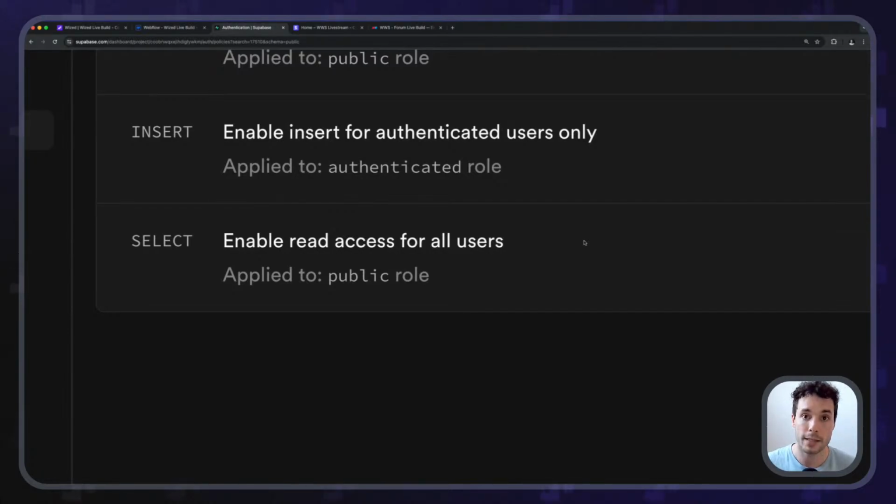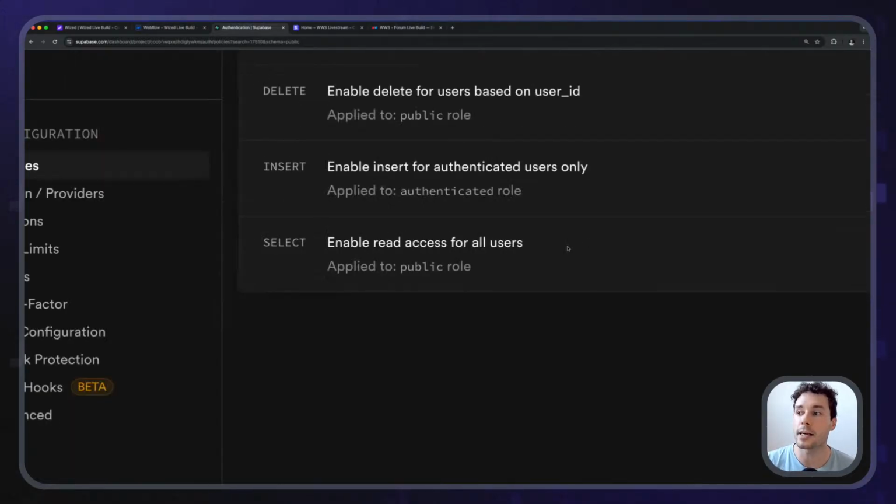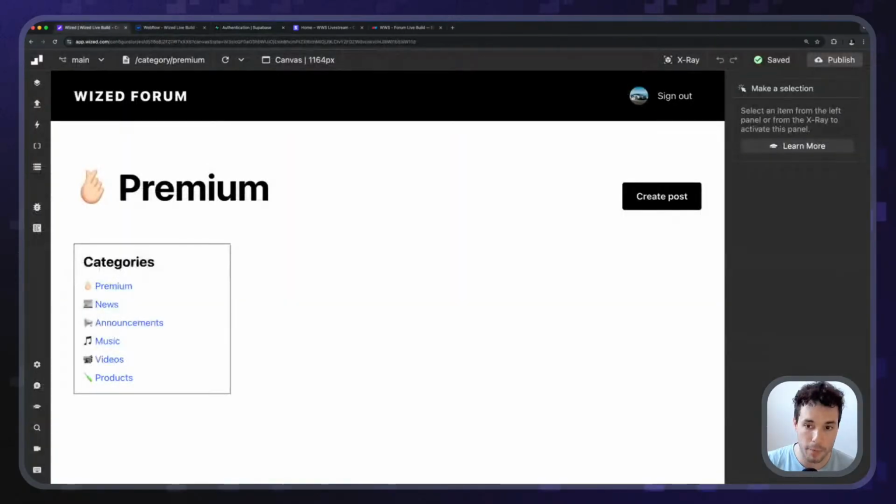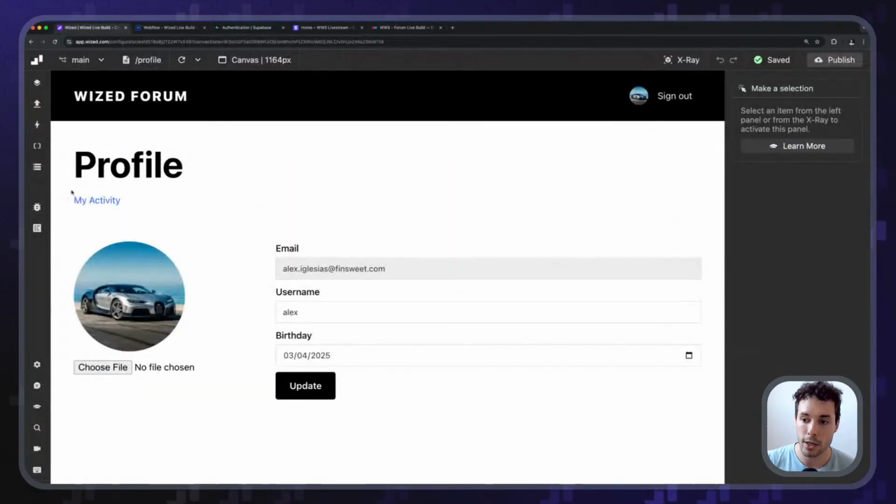Everyone can read from the other categories, but users who are not premium cannot read premium posts. Hopefully this makes sense, right? And the last thing to implement is that in the profile page, we're going to add another button in here